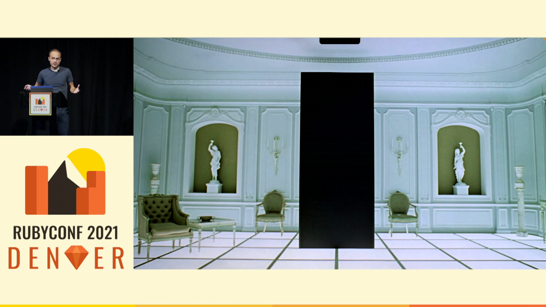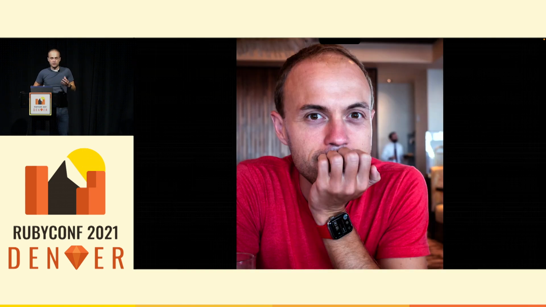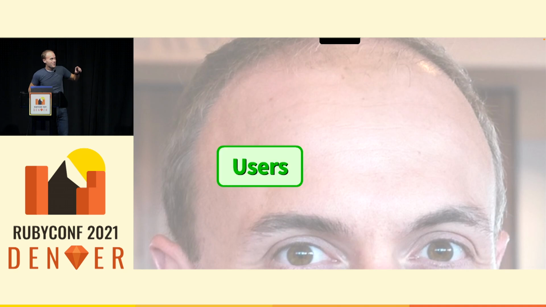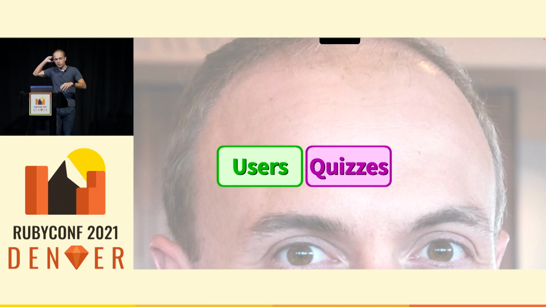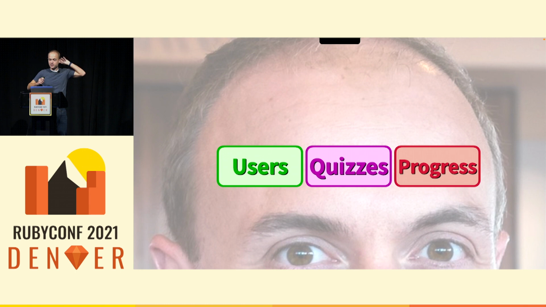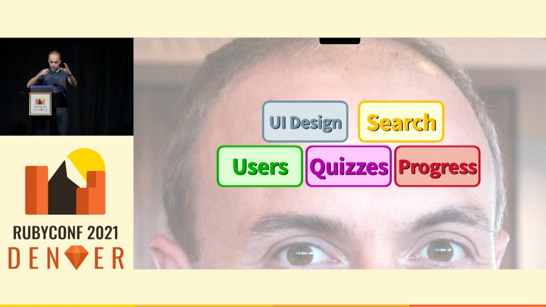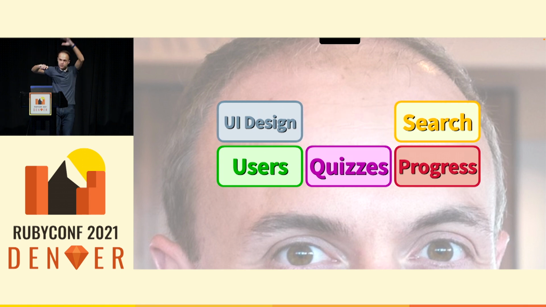Now, I'm operating in the context of a monolith, and I love Rails, and I love working in a monolith because everything's right at hand, and I can kind of keep it all in my head at once. But it has the downside, too, if we visualize the monolith. I've got all the user management stuff and the quiz module and keeping track of people's progress. I've got the whole React JavaScript front end. I've got the search capability,